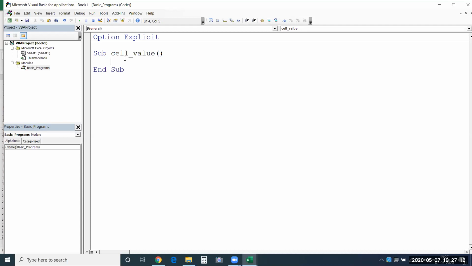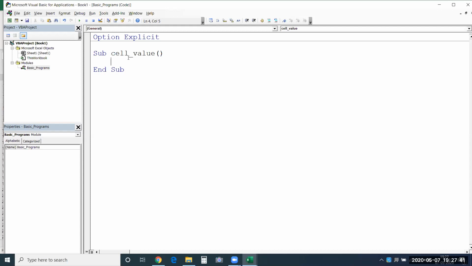You cannot use any special characters other than underscore. Not even space is allowed here. You can use underscore if you want to. You can also use numbers, but followed by text, not in the first character. It should always begin with an alphabet.